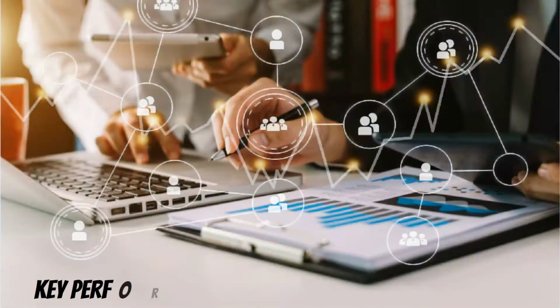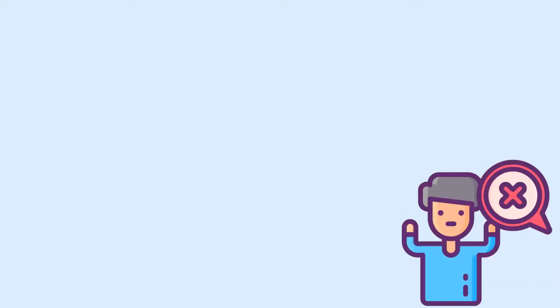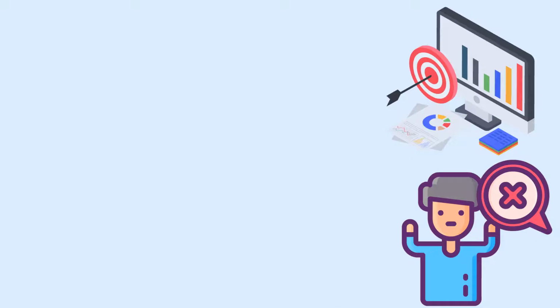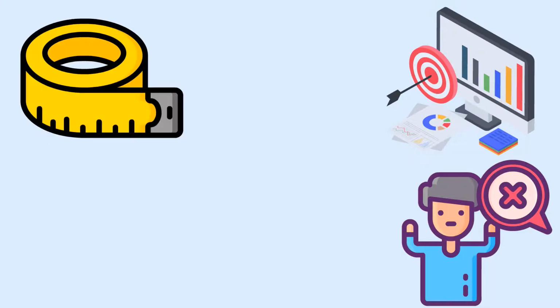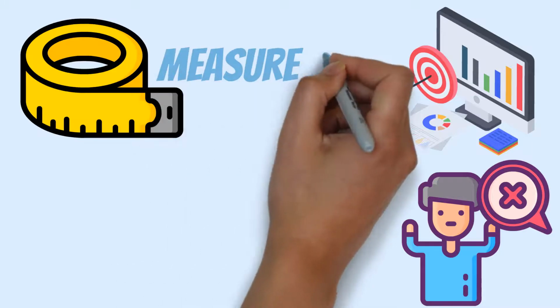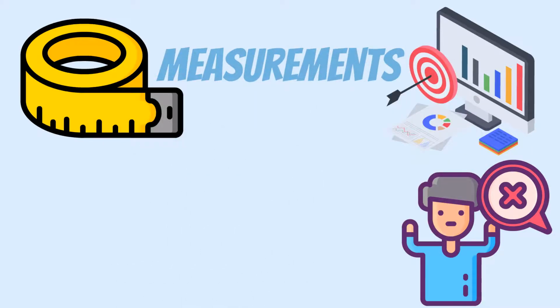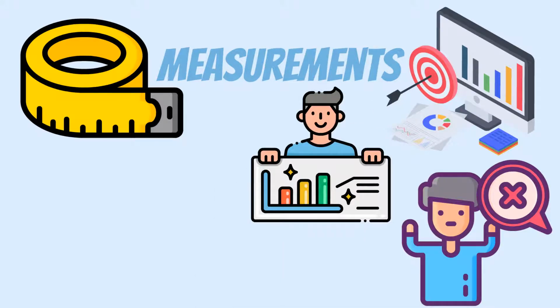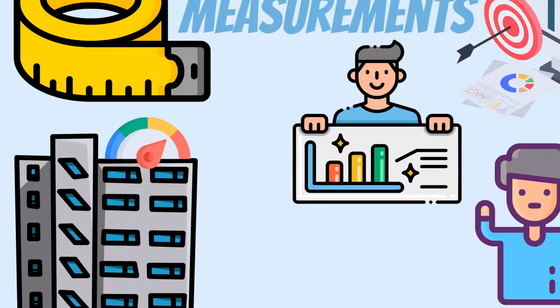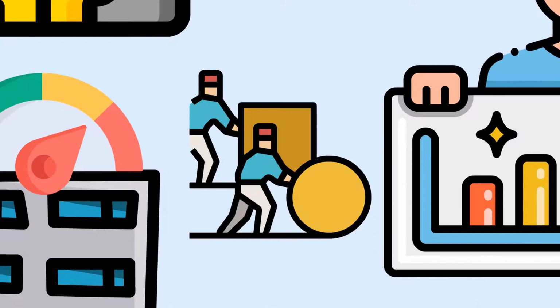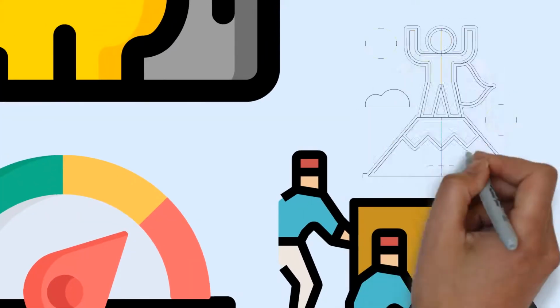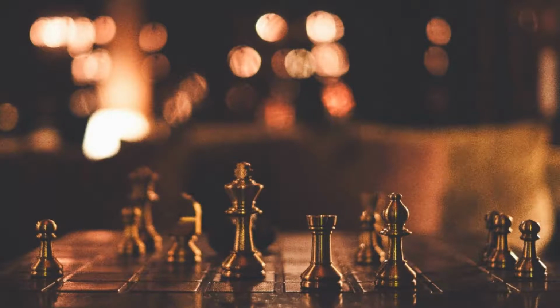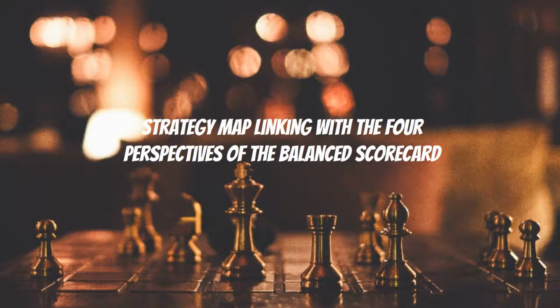Key performance indicators. The business needs to select only a few critical metrics that are most relevant to its specific business strategy and then track these measures rigorously rather than using many different measurements. These critical measures are called the key performance indicators, or the KPIs. The key performance indicators are measures of the aspects of the company's performance that are essential to its competitive advantage and therefore its success.